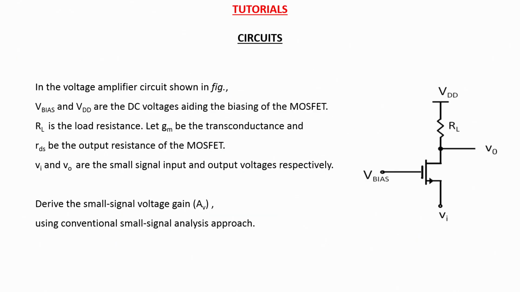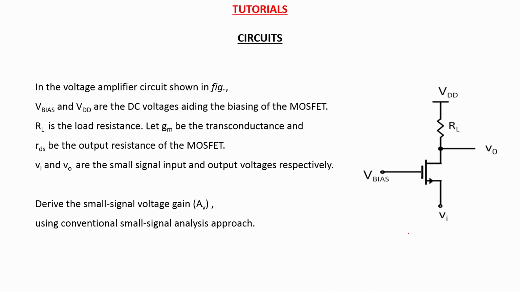Now we will just move on to the next problem in this tutorial session, which is a simple problem in the circuits topic of the course. Hopefully in course lectures you would have analyzed different configurations like common source amplifier with resistive load and common source amplifier with active loads, etc. And you would have studied what is the DC biasing and DC analysis of the circuit, and also small signal analysis of the amplifier circuits, where you try to calculate the voltage gain of the circuit and the input impedance, output impedance of the circuit.